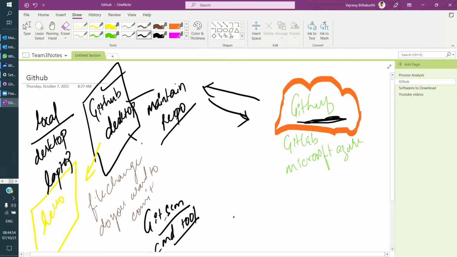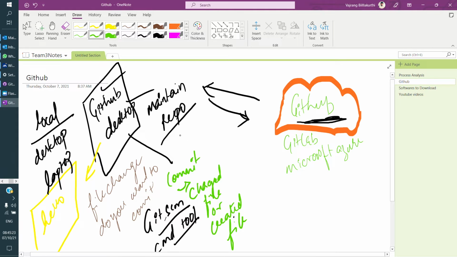So first I need to make a commit, and I need to mention what I changed: changed file or created a new file. No version number or anything needed. Once it is done, it will create a committed copy.